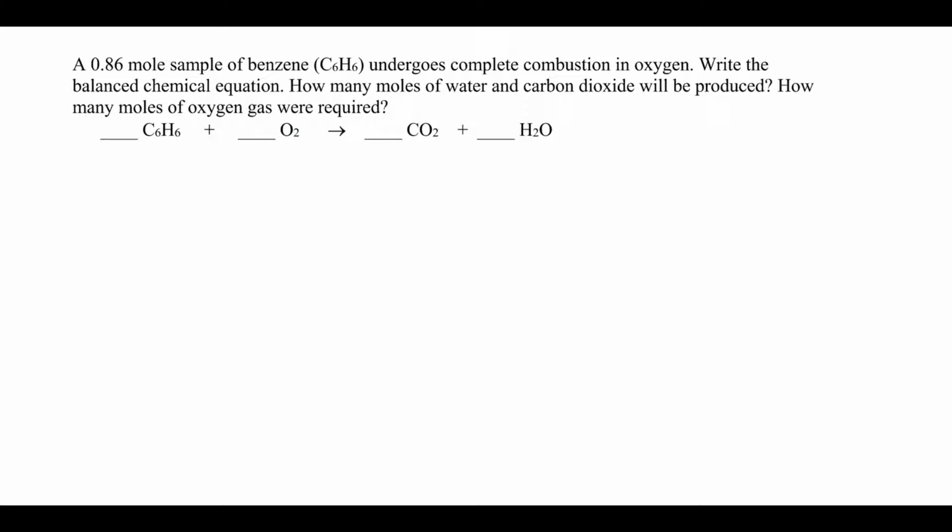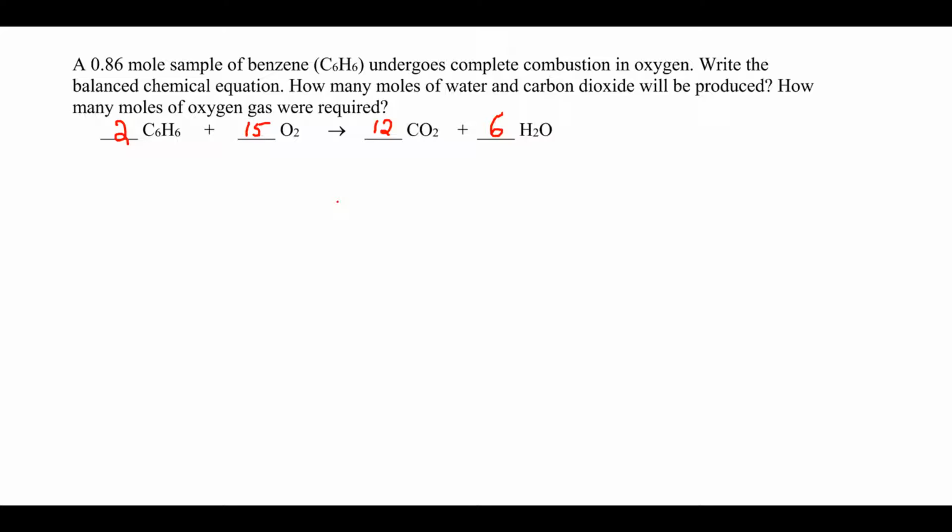So I'm going to start this balancing by having 2 benzene molecules. That gives us 12 carbons, and the only place the carbon can go is to the CO2 molecule, so that coefficient has to be 12. We have 2 times 6, 12 hydrogens, so we're going to need 6 waters. Now in total we need 6 oxygens for water. We need 24 oxygens for the CO2, so we're going to need 30 oxygen atoms, so we will need 15